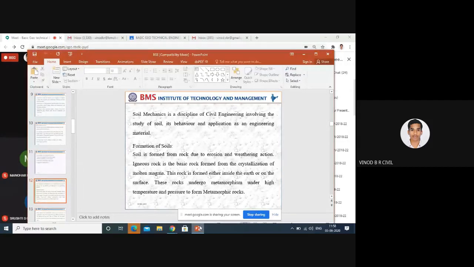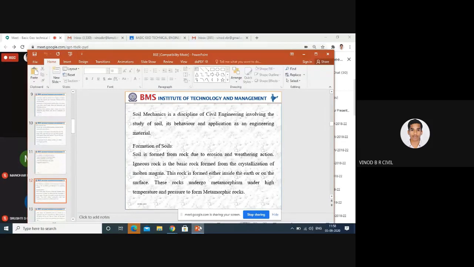That is, different types of soil, how they behave when you add water or any material, and where you can use them, that is, their application as an engineering material. For example, with the help of soil you can manufacture bricks, compound walls, and roads. Soil mechanics, or geotechnical engineering, is one of the branches of civil engineering.